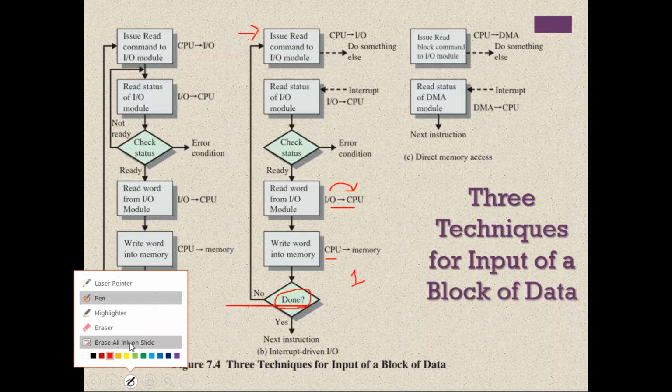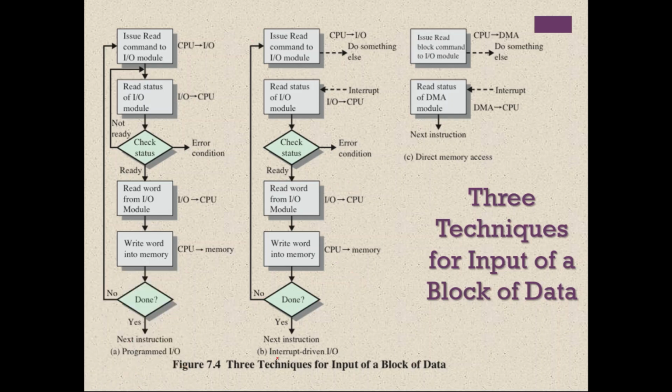So this is how interrupt driven IO works. That is, it will issue a command and then it will start doing something else, and once that IO operation is completed, the IO device will interrupt the CPU. The CPU will come back and check the status. If the data is ready, then the CPU will request the IO device to give back the data, and the IO device will place the data in the data bus. Through the data bus, the data will reach the CPU. The CPU will finally store that to memory.